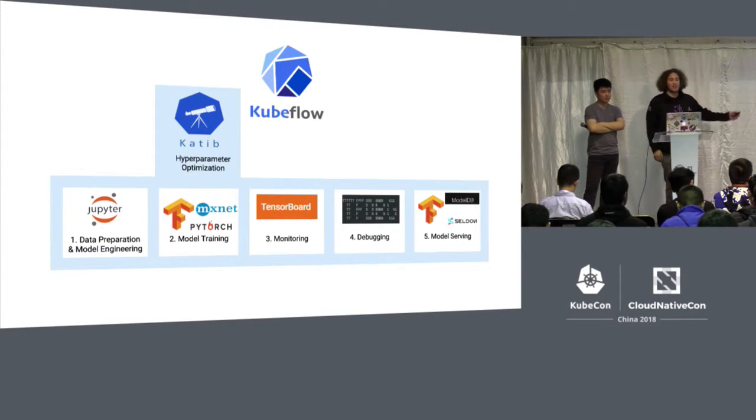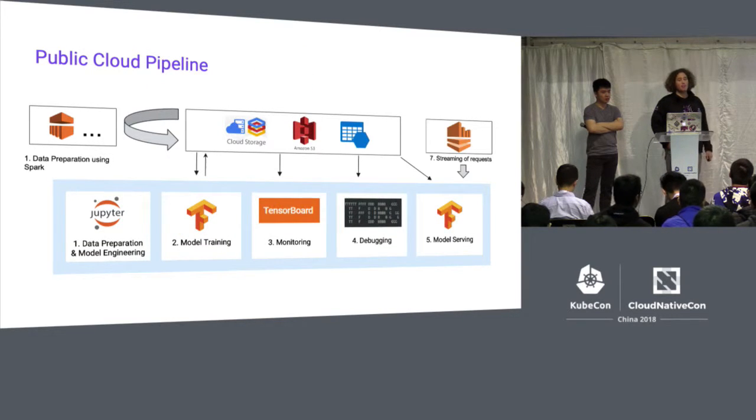Still, even if we have this pipeline, in my opinion, Kubeflow works really well if I'm in a cloud environment. If I'm on Google Cloud, if I'm on Amazon, if I'm on Alibaba Cloud, this works really well because there are still some hidden pieces missing. So if I'm in a cloud, I actually have access to cloud storage.